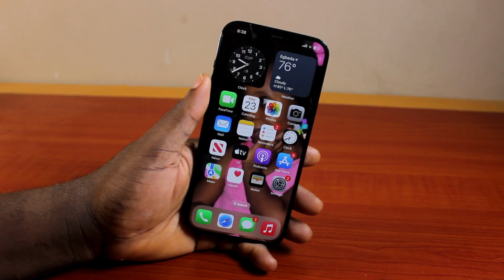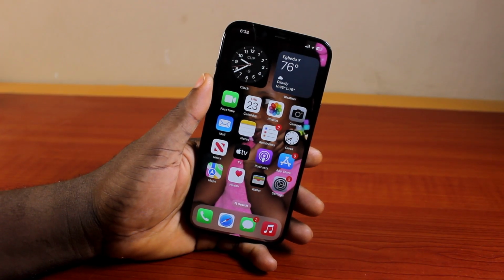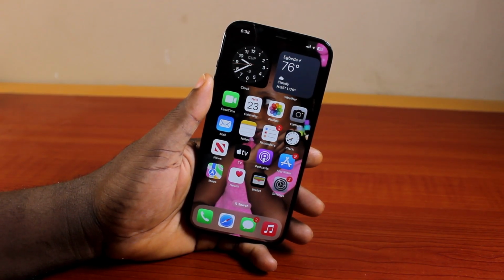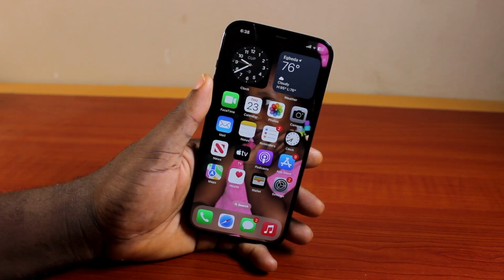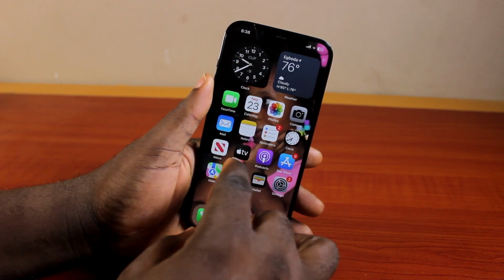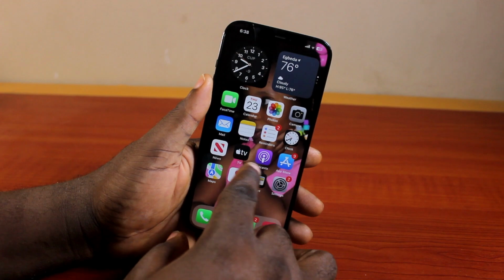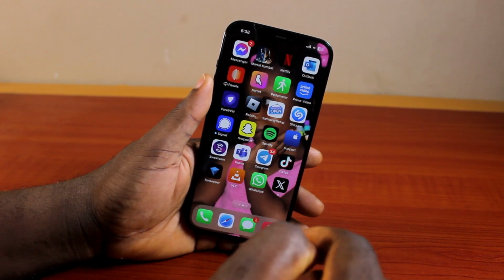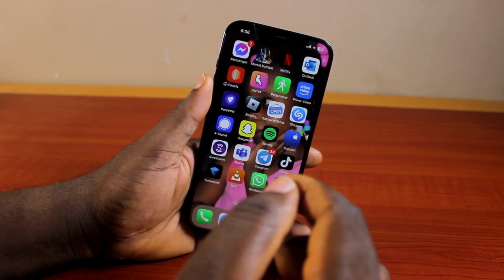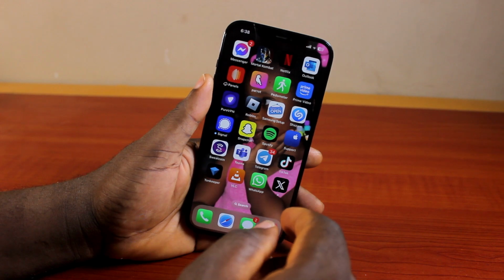Alright guys, a quick one. Here, I'll detail how to enable or turn on color filters on iPhone. So if you want to enable color filters on your iPhone, but you don't know how to go about it, then here's a video for you. In this video, you'll learn the step-by-step procedure on how you can easily turn on or enable color filters